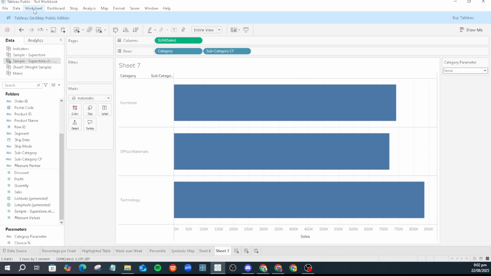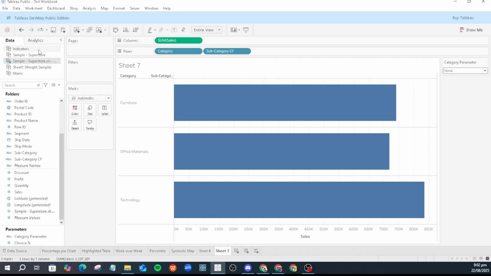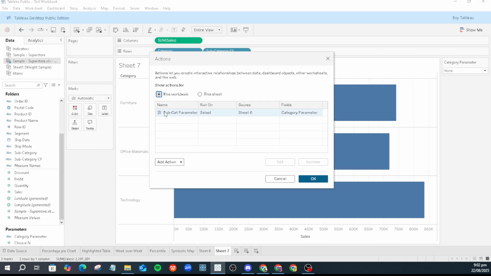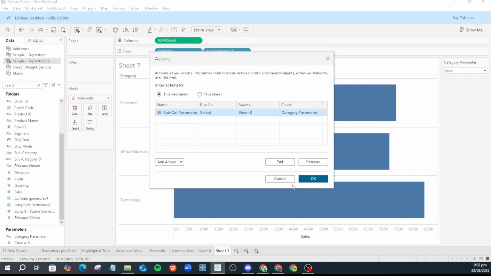To finalize our drill down functionality, navigate to the Worksheet tab found on the top toolbar and select Actions. You'll then add a new action by selecting Add Action and choosing Change Parameter. Give this action a descriptive name and ensure that the source sheet is set to reflect the sheet you're working on. Set the Run Action On option to Select, which lets users change the parameter by selecting different elements of